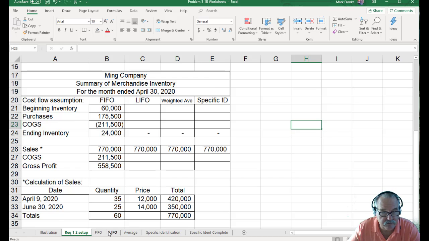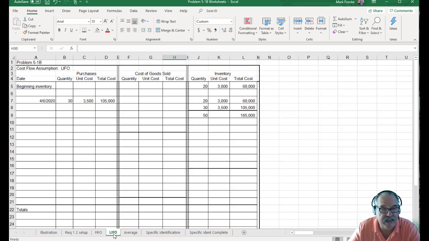So let's do LIFO. We're going to start in the exact same place, the beginning inventory plus what we bought. But this time, when we do LIFO, we're going to be selling the most recent items we bought rather than the oldest items. So that is what LIFO means. So on April the 9th, when we made our first sale,